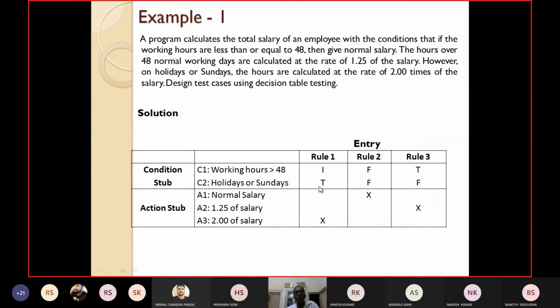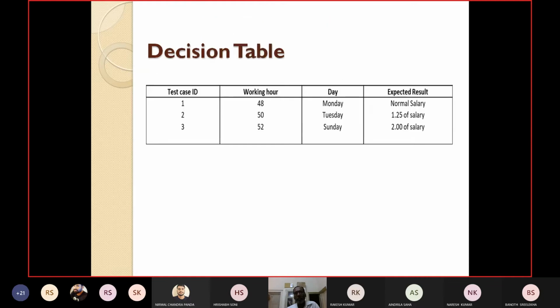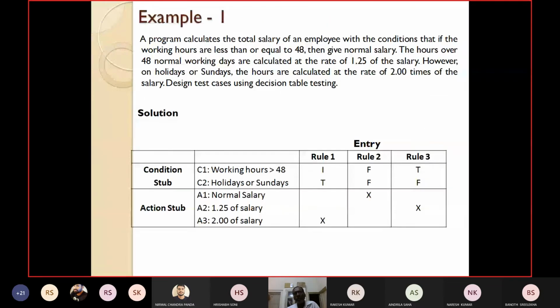That's what I'm saying: immaterial conditions means expanding the immaterial cases in the decision table. Immaterial conditions mean that the value of a particular condition in the specific rule does not make a difference, whether it is true or false, isn't it? Whether greater than 48 is true or false doesn't affect it, because as long as it is a holiday or Sunday, you have to give twice the salary.